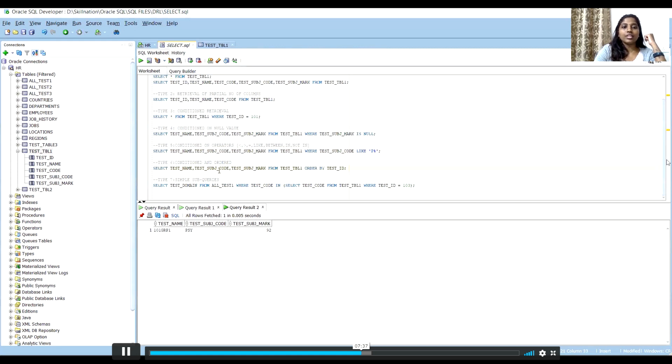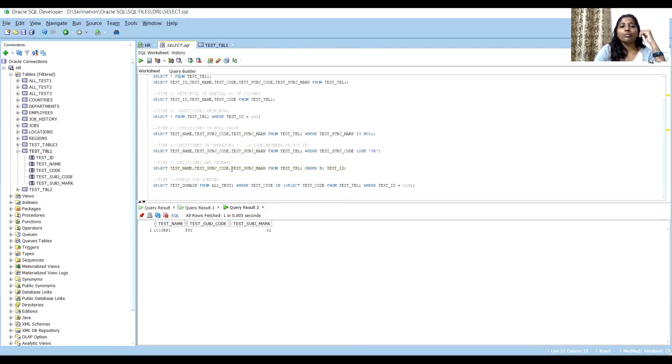Okay, test name, test subject code, and test subject mark. Okay, and conditioned and ordered. What do you mean by conditioned or ordered? Till now you have conditioned the number of columns. I'm selecting a list of columns, and if you want you can use the where clause also for conditioning the number of records. But here I have not used any where clause, but I want to order by.